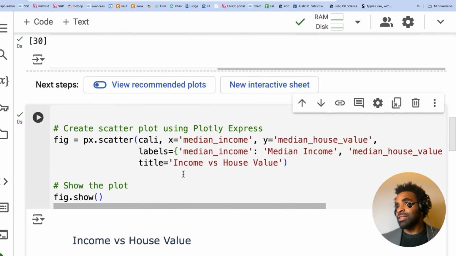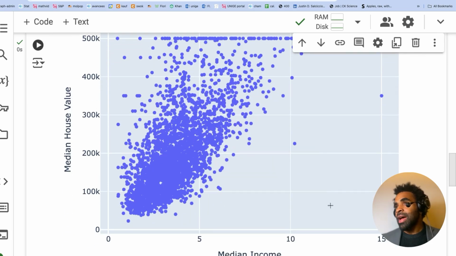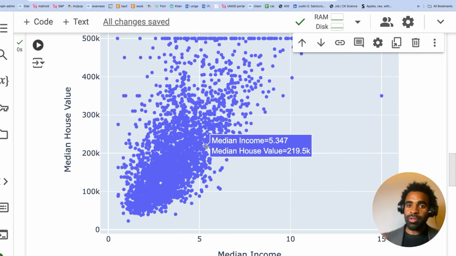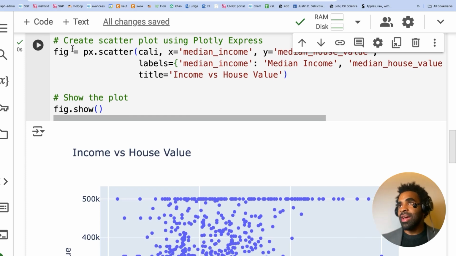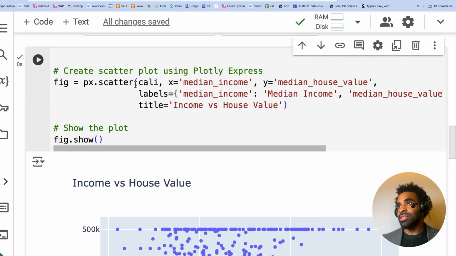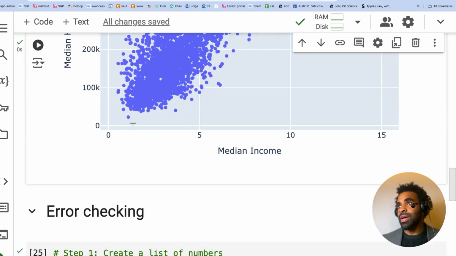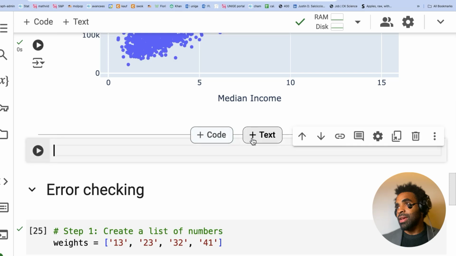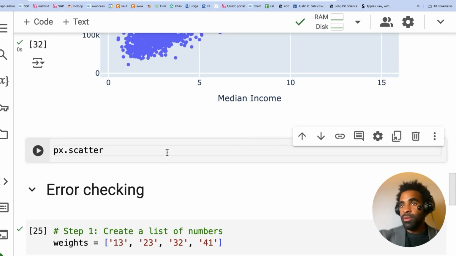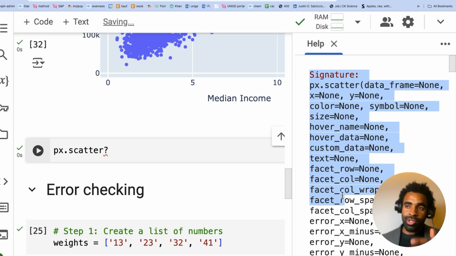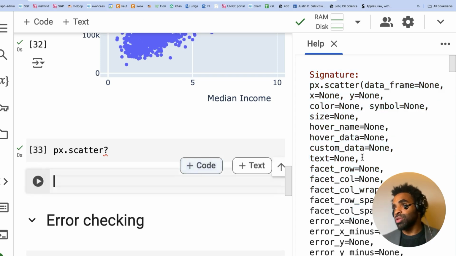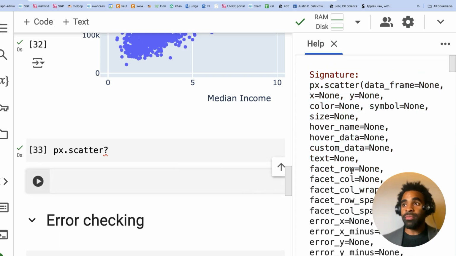If I wanted, I could ask some follow-up questions to the model. I could take screenshots of this plot and share that with the model so it understands what has been plotted. Another thing that I could do is get the help for this function, the px.scatter function. Let me quickly show you how to do that. I could get the help for this function with px.scatter question mark, and I could paste this into the model so that it has the most up-to-date information on how this function works. So AI models are helpful in that case.